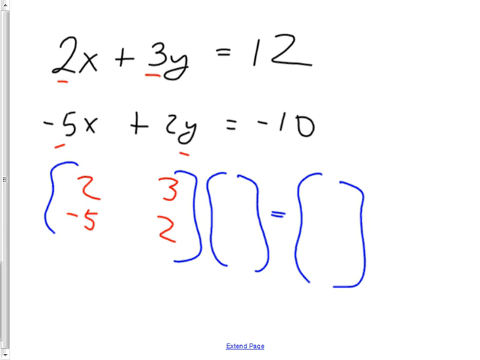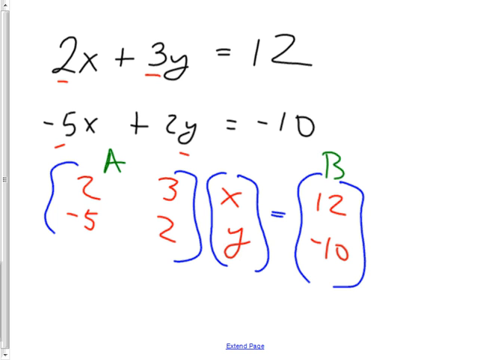There, and there. X and Y get put in the matrix. Do you know why I put X on top? Because you go from left to right and from top to bottom. Okay, good. And lastly, take a wild guess what goes in the final matrix box. 12 and -10. Awesome. And then if I'm picking names for the matrix, always make your first one A and